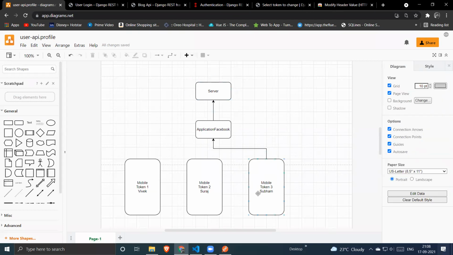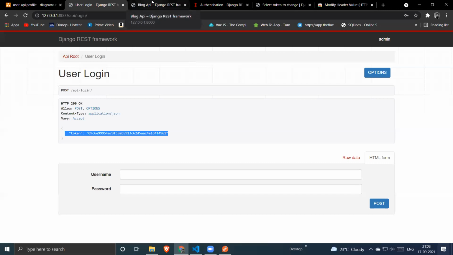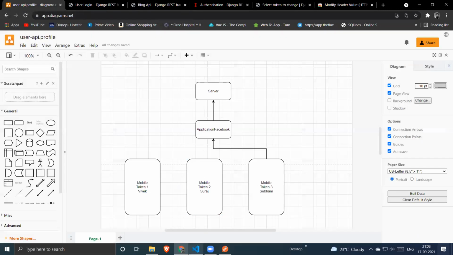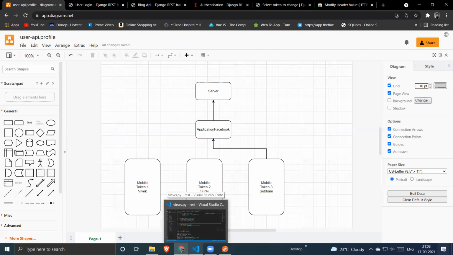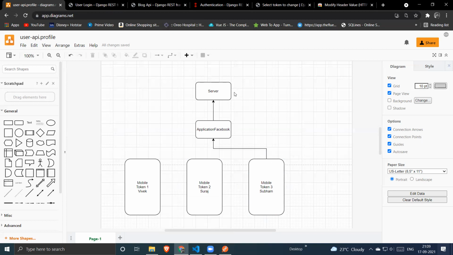If this token gets mismatched, that simply means the requester is not a valid, authorized person to access the particular request. So that means the user is not valid. Yes, clients save the token at their side. For example, I have not added any authentication right now. But if we had created an API where only an authenticated user can access it, then only if the token is right can he access that particular API.